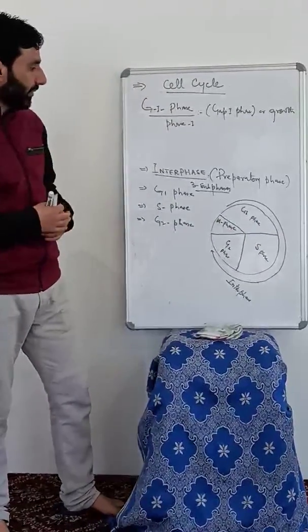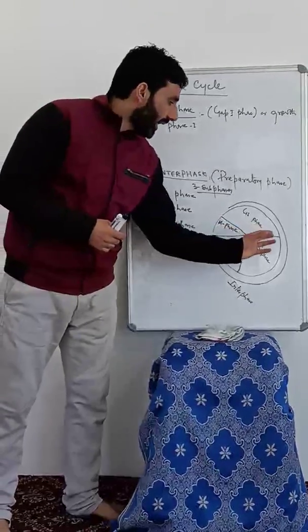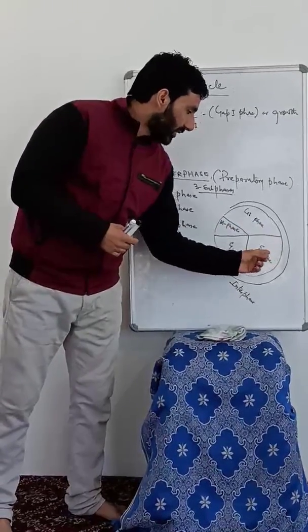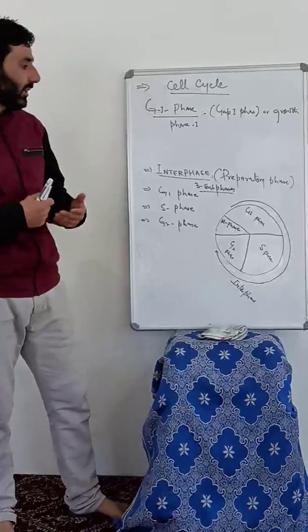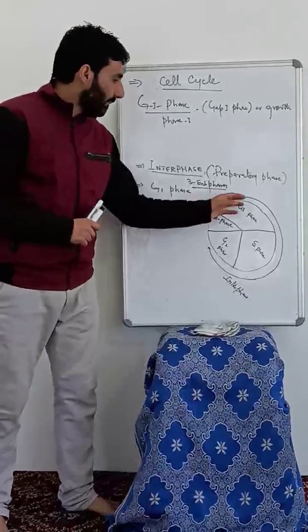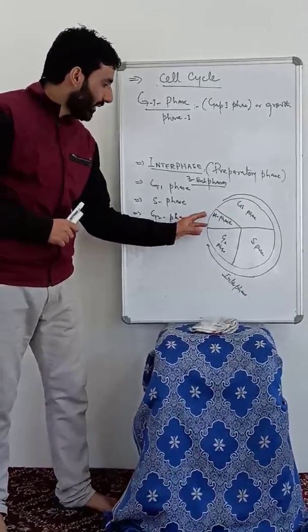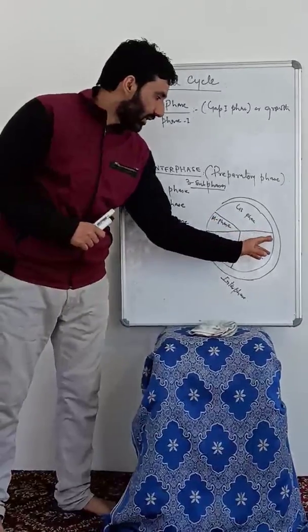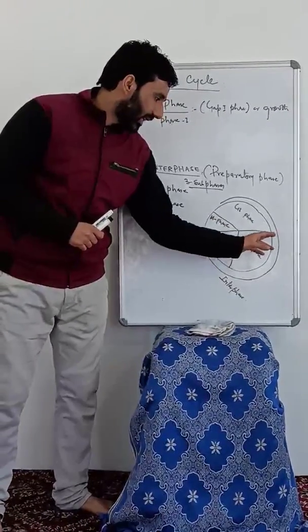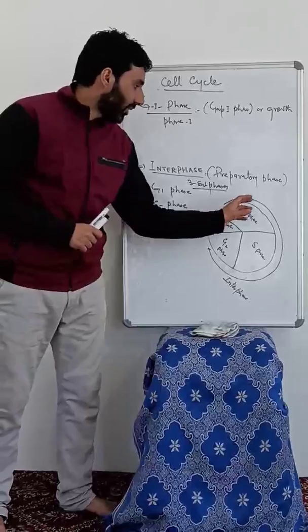It is the gap between the previous M phase and the S phase, the synthesis phase. That's where DNA replication takes place. So the gap between the previous division and this synthesis phase, that is S phase, is called the gap